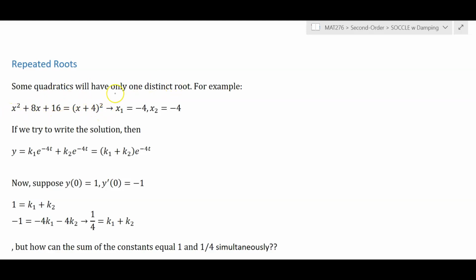For example, we know that a parabola can cross the horizontal axis at either 2 points, which we've called perhaps r1 and r2. It's not necessarily the case that one needs to be negative and one needs to be positive. This is just to show you the idea. We could have two distinct roots. We could have just one distinct root repeated, right? We say repeated because in the quadratic form,